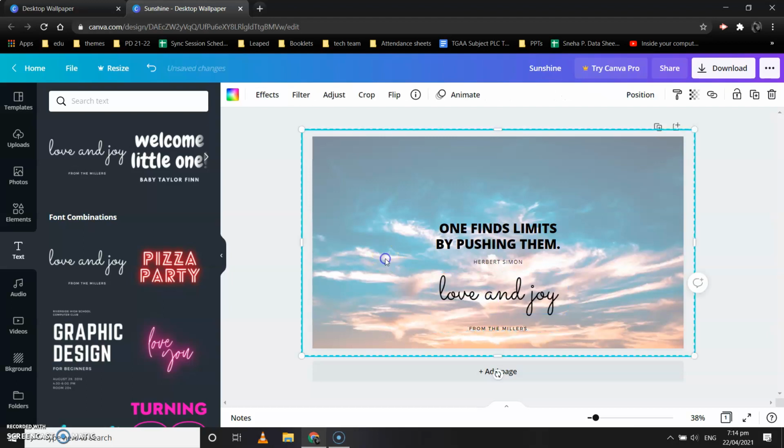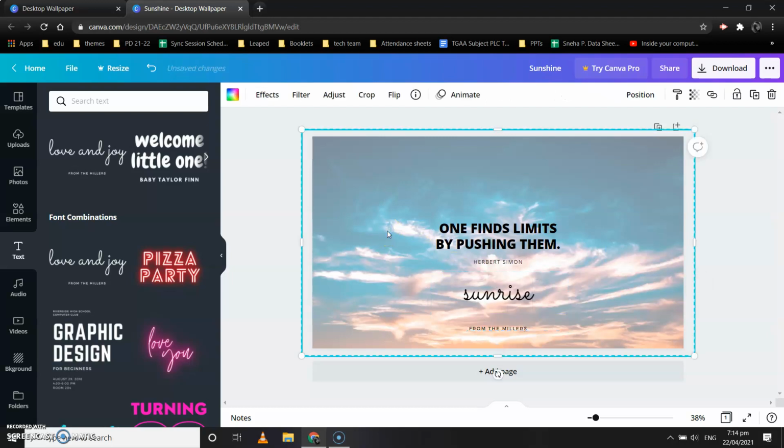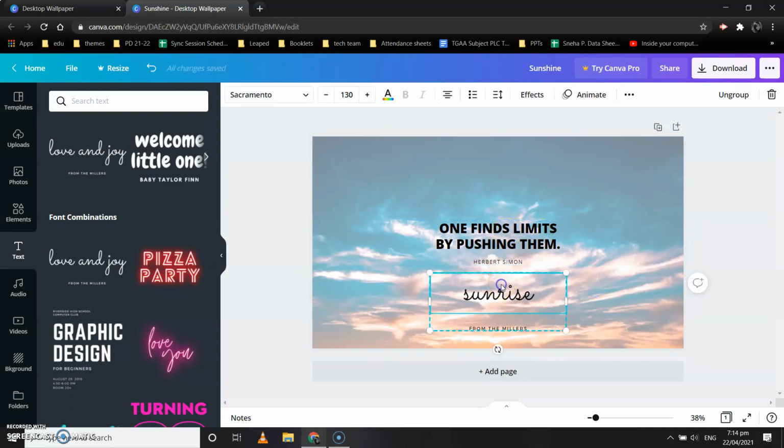Love and joy. Now I can also edit this text by double clicking with the mouse, and this has been selected. Now if I click backspace, it will go and you can write something else. Suppose I write sunrise. You can edit the text written, you can remove it, you can change the color of it.